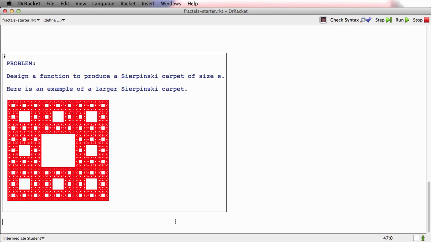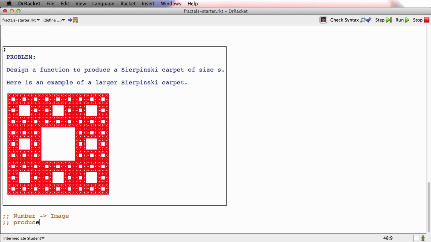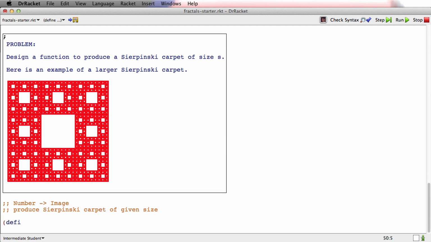What I'm going to do now is just quickly go through the design of the sCarpet function. Let's see, we consume a number, we produce an image. Now let's see. We start with the base case, or because it's a generative recursion function, perhaps I should say